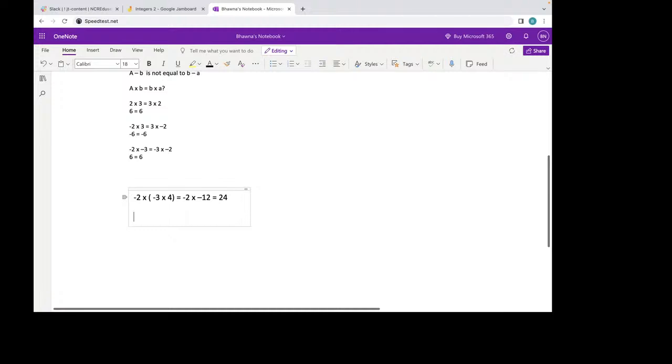Now this time, if I take minus 2 multiply minus 3 in brackets, and 4 is left alone outside the bracket, we are going to multiply minus 2 and minus 3 first. Minus 2 and minus 3 are both negative, so we are going to get a positive number, and that will be 6. Now 6 multiply 4 is equal to 24. So do we get the same number in both cases? Yes, we got 24 in each case. So that means